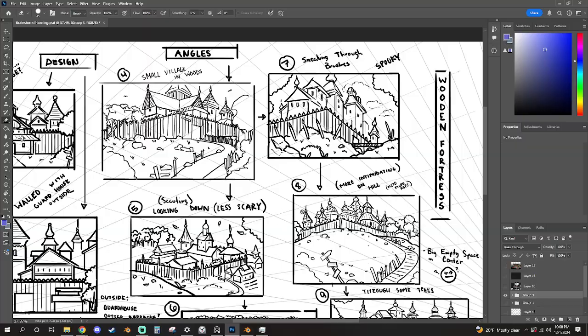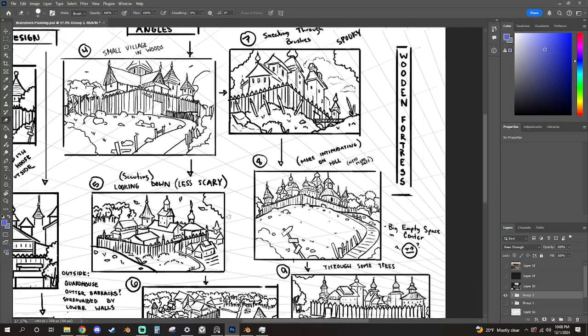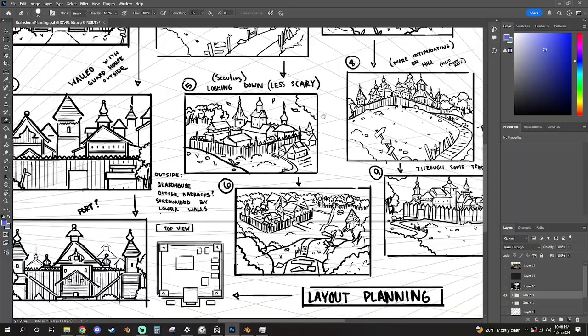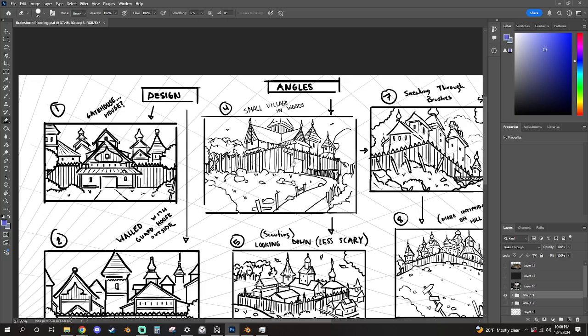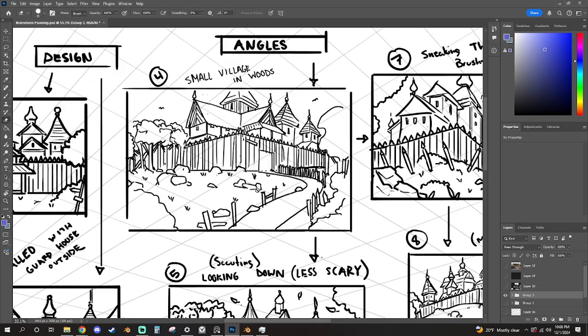Another thing I noticed with these sketches now that I'm looking at it is, I guess I can kind of explain my thought process between each one. So we'll start with 4, right? 4 was kind of scary. I mean, you're close to something that's very unrevealing. I would imagine that the city would be really dark and there would be very dim lights on the inside of the buildings. This would be so that,